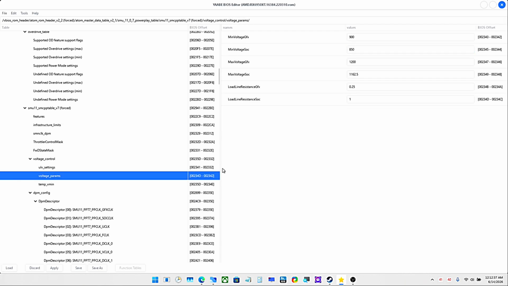Let's take a look at voltage parameters. Minimum voltage GFX, I'm going to set that to 675. I might increase the max voltage of the GFX depending on if I have the headroom available. I'm going to set the load line resistance on the GFX and SOC to